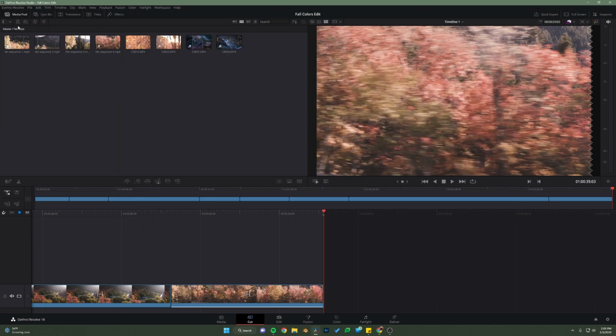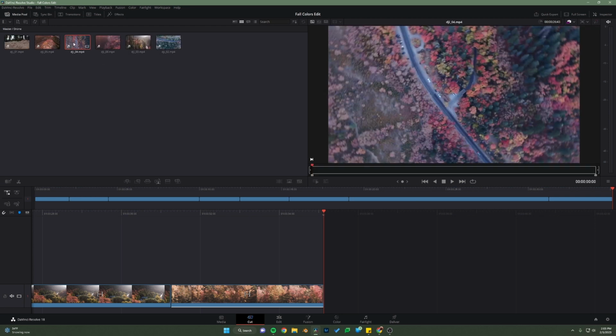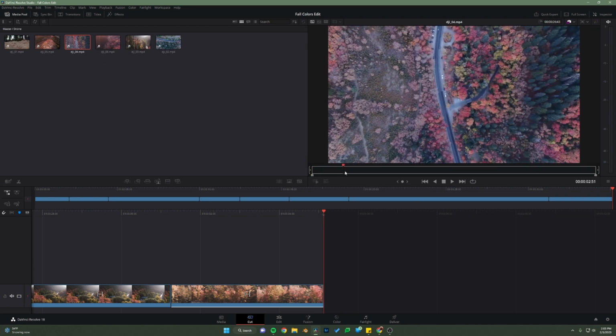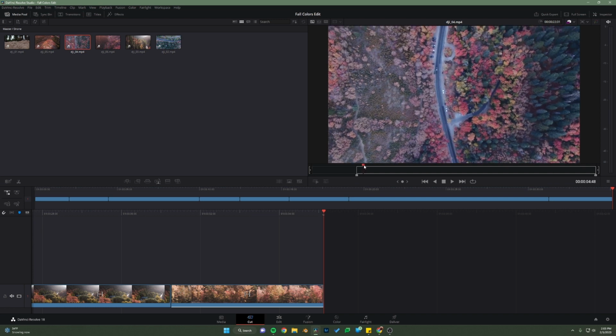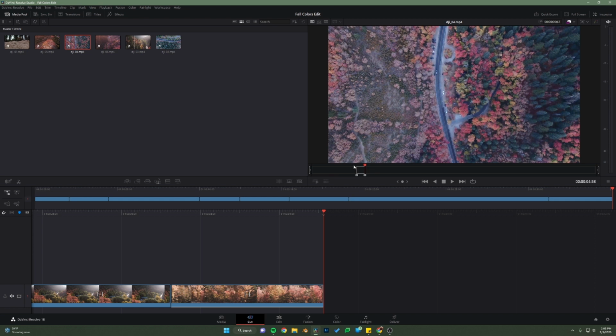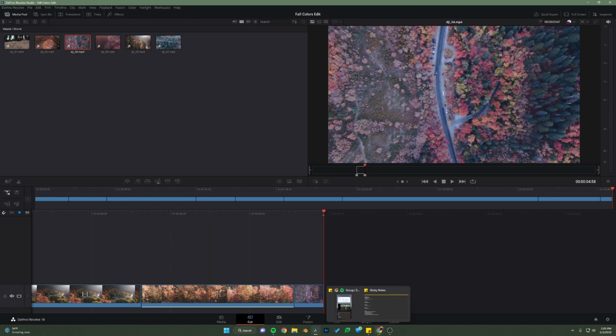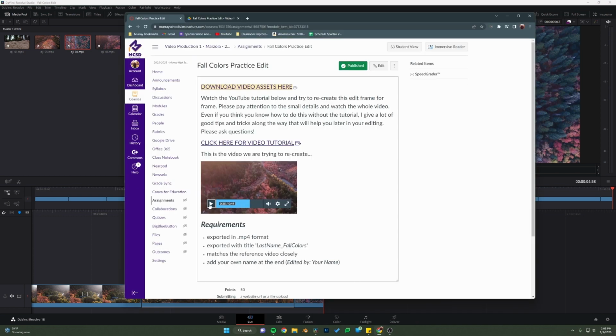So we have the top down drone video, which is right here, DJI 04. And I'm just taking the smallest little bit of this. I know, you see how tiny that is? We're going to append that on. And then the next one